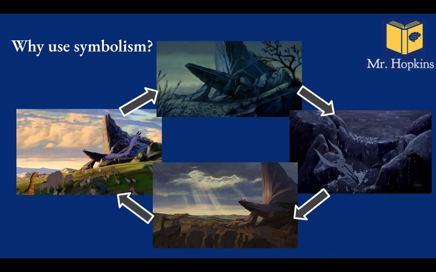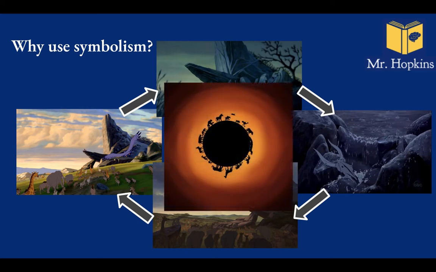And at the end of the movie, it starts with almost identical frames where it's nice and green, picturesque, all the animals are together living in harmony. So the setting in itself becomes symbolic of the tone and how the ruler is ruling the land. And it also develops a theme. Now, one of the big themes in The Lion King is the circle of life, everything in its place and coming full circle. So symbolism is also a great way to not only convey tone, not only convey the plot,